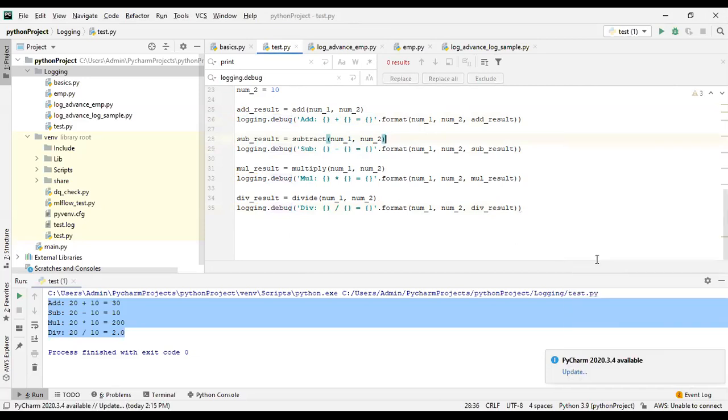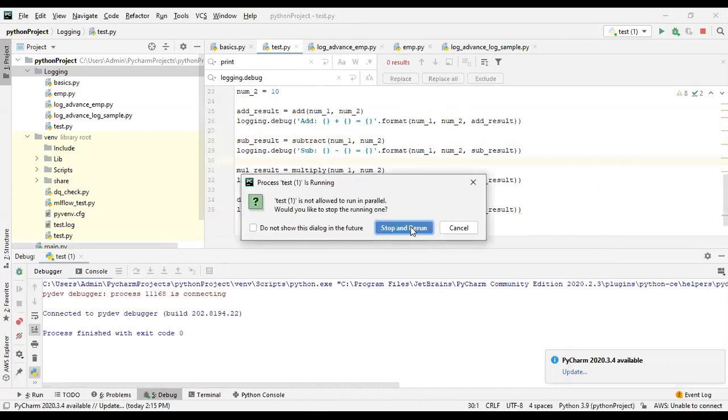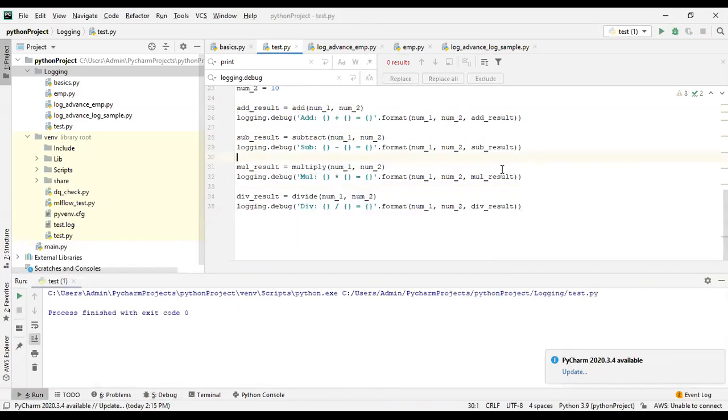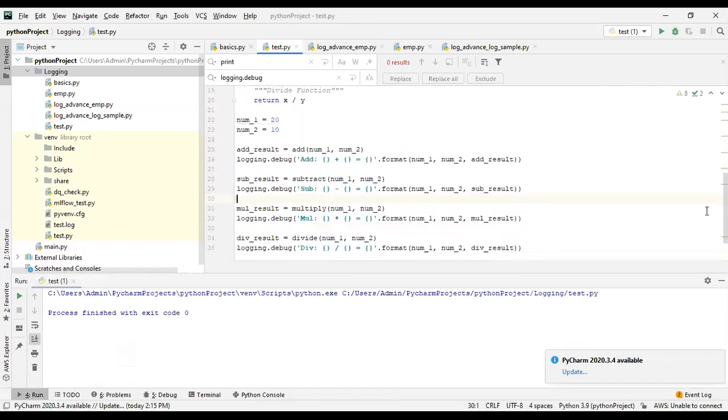Now, if you execute this, you would expect the same kind of output as the print statements, but nothing is showing.